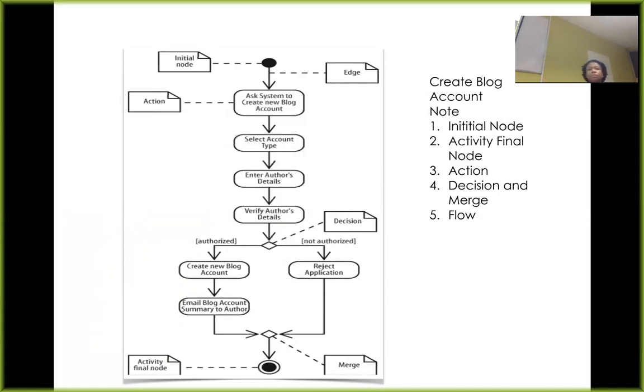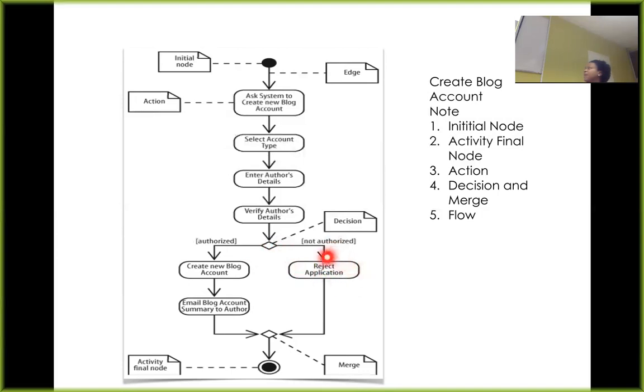On the branches though, on the two alternate flows, that's what they're called. On the alternate flows, you specify the condition that must be true in order for the activity to flow in that direction. So here we're saying, in this direction, well, when you get to this point, we know that what's